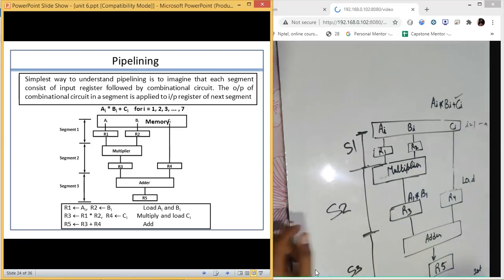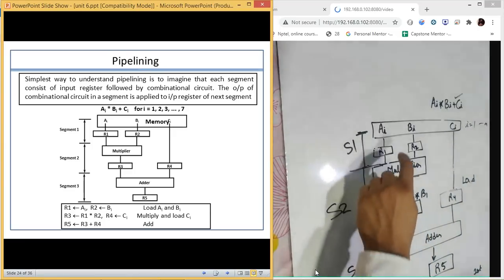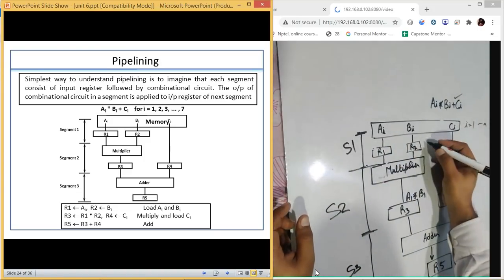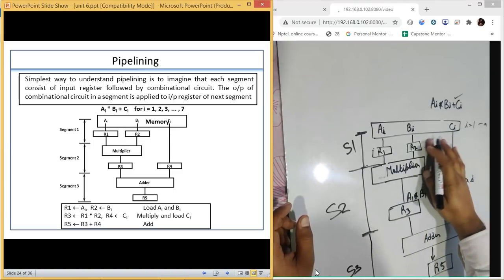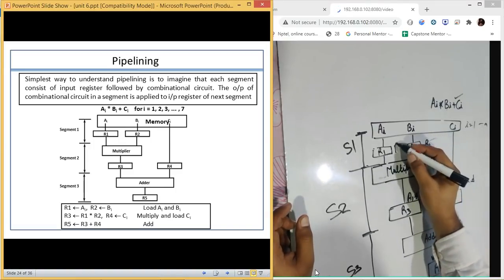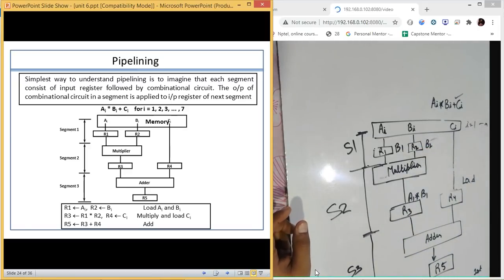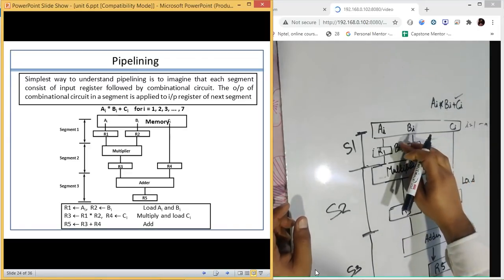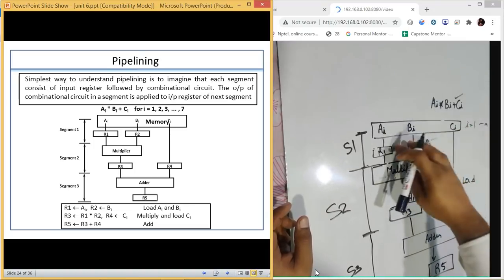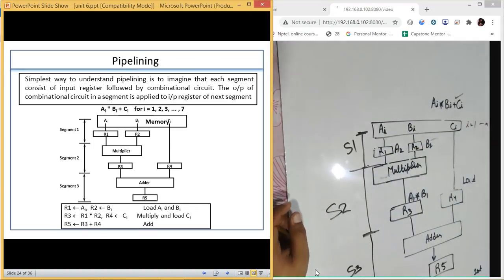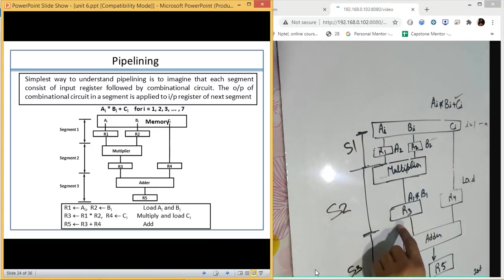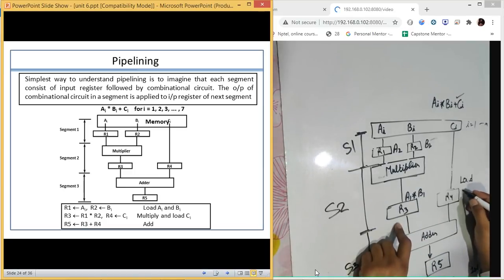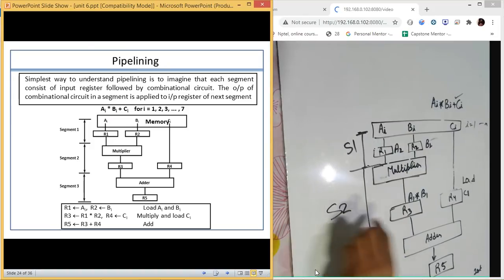At that time, when it is entering the second stage, in the first stage we will get the value a2 at this place and b2 at this place, and b1 at this place. So what is happening when these two are multiplied, a1 and b1? It is going, this is c1, so both are getting loaded. Then it is in the second stage.